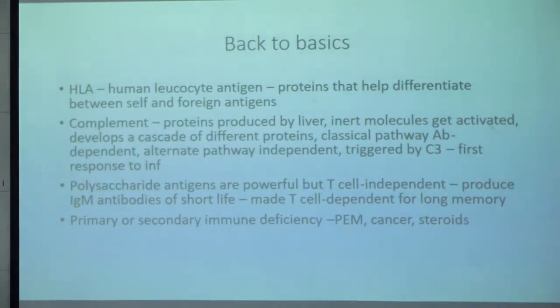I think a word about primary and secondary immune deficiency. When you suspect immune deficiency, it may not be a primary fault, genetically determined. It could be secondary to a variety of things, and common ones are PEM, malignancies of different kinds, and drugs, for example, chemotherapeutic drugs. You get into immune suppression, and therefore, when you consider an immune deficiency, you also keep in mind whether this is secondary to some disease or drugs that are already on, and then it becomes not so difficult to manage